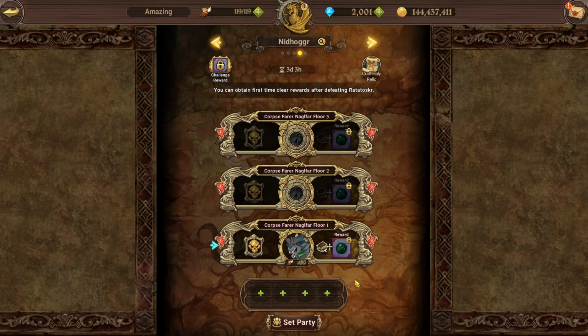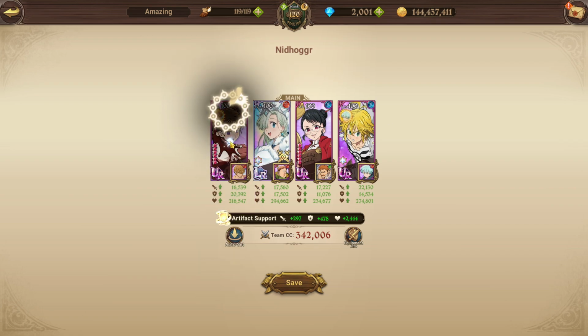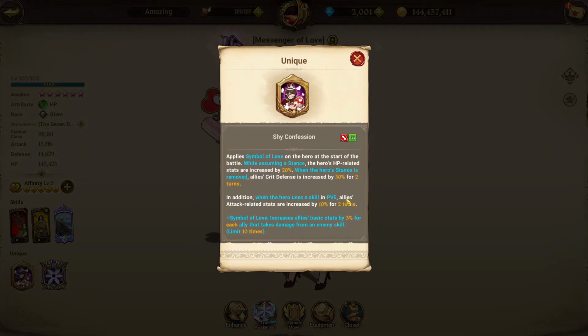And with that out of the way, let's hop in and let's show you guys the team we are rocking here. So we are rocking Demon King Meliodas, Valenti, LR Elizabeth, and Valentine's Diane. Now again, you don't have to run Valentine's Diane. She is a really good unit though, and I would recommend you use her if you have her,